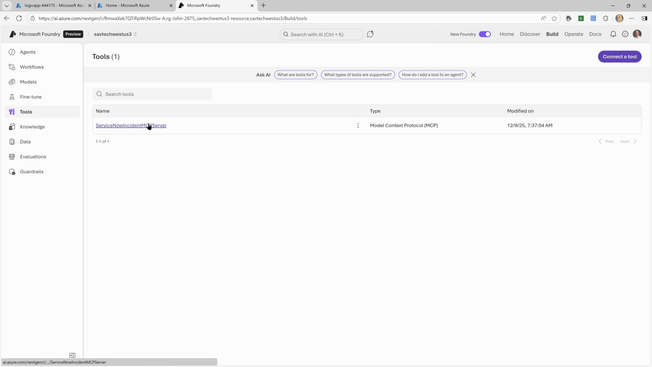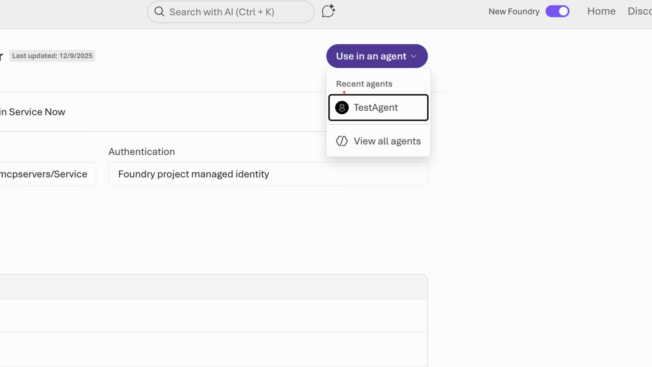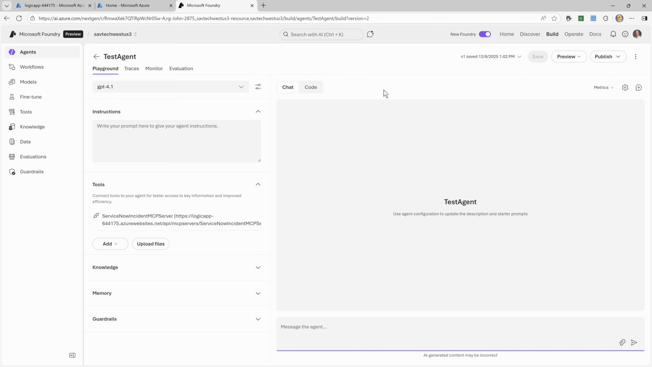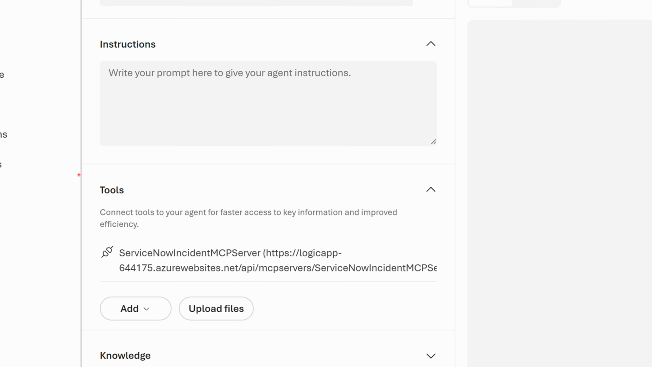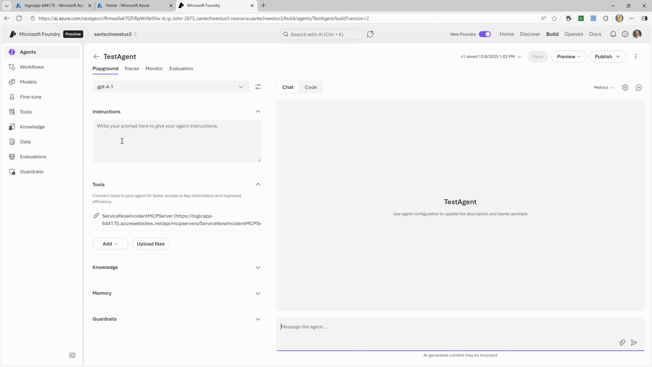So I'm going to go back to my tool. I'm going to say, hey, let's use it in an agent. I'm going to use it in that empty test agent. So what it's now going to do is, you can see it's added it as a tool. So there it is. And obviously now I would give better instructions. I would give better system prompts. I would do other things. But if I was completely lazy,